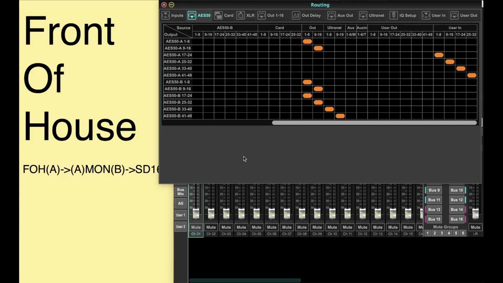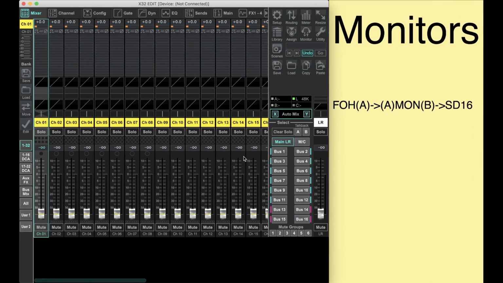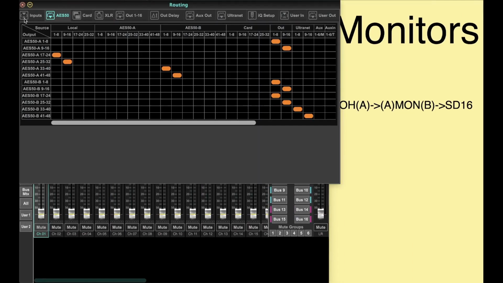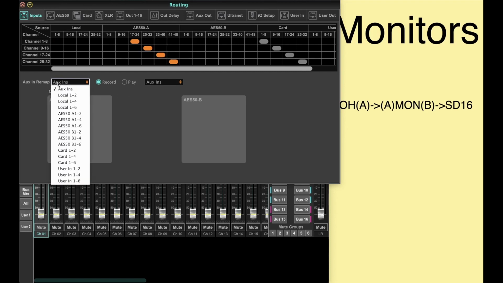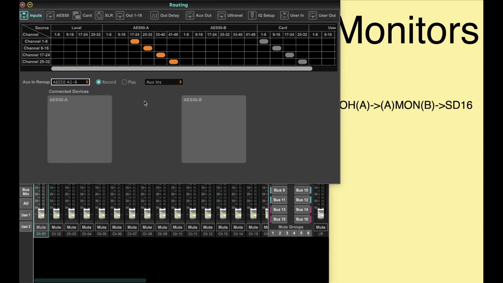Okay, now let's receive those at the monitor console. So at the monitor console, we're going to go to routing, inputs, and again, as a default, it's set to local. We don't want to do that because we want it to all come from the other console. So we are going to change this to AES50 17 through 48. And then at aux-in remap, we're going to change that to AES50 A 1 through 6. So now we're receiving 32 plus 6, 38 channels from the front of house console directly into channels on our